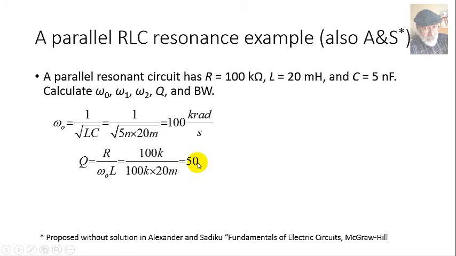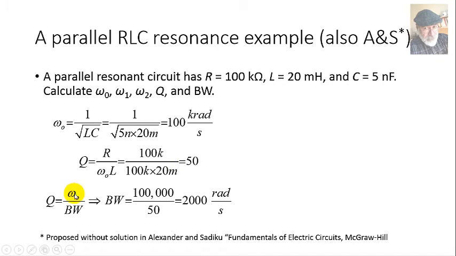Check this out. With such a large quality factor, you know that if we find out first what the bandwidth is, finding omega 1 and omega 2 is only one addition or one subtraction away. So let's do that. That's Q. What is the bandwidth? Do you remember another definition for Q? Yes. Q was how much bigger the resonant frequency is than the bandwidth. We know Q, we know omega naught. We find the bandwidth